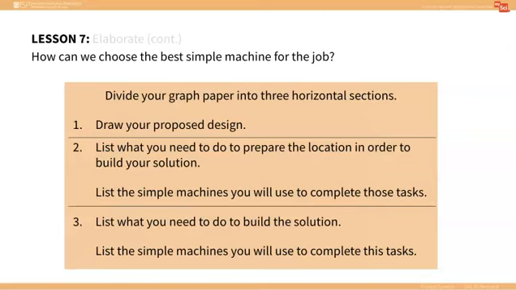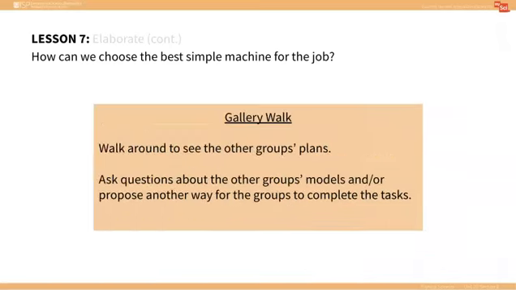In Section 3, have students list what they need to do to build the solution, like cut wood or screw wood together, and have them list the simple machines they would use to complete those tasks. Next, students should do a gallery walk to see other groups' plans. As they visit other groups, they should ask questions about other groups' models or propose another way for the groups